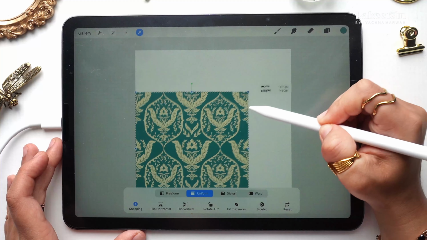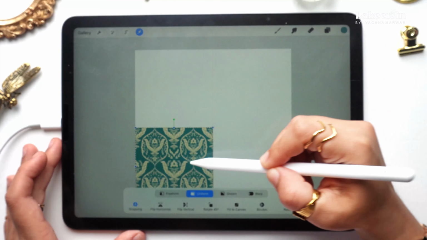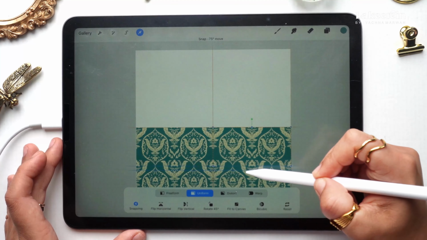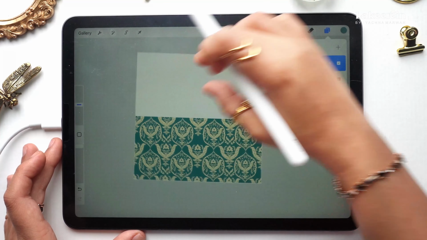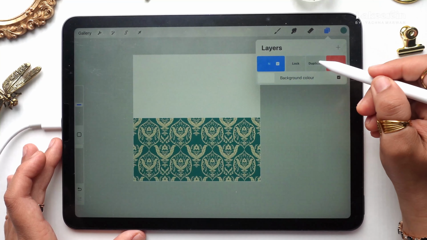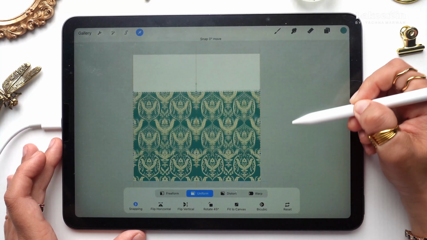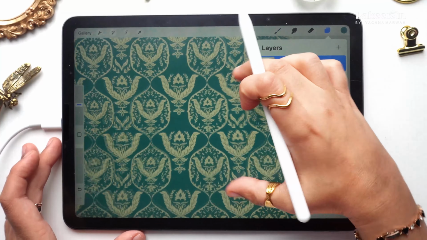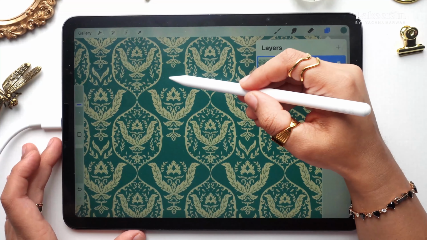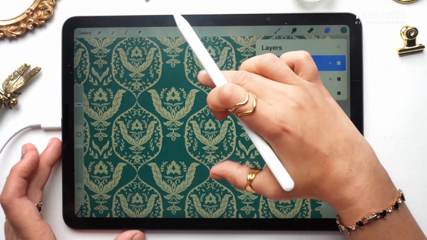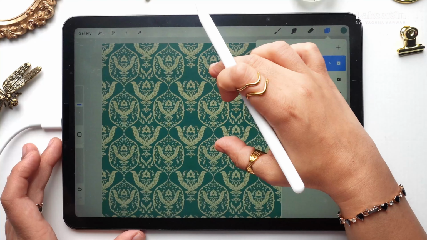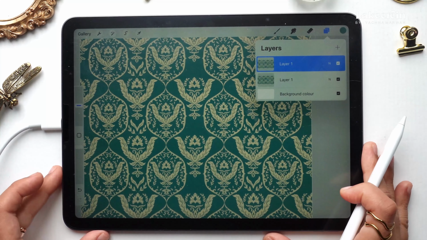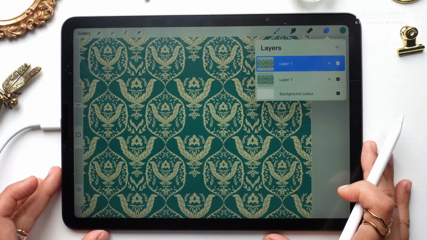I can just transform it to try to put it here. Duplicate, go to arrow, put it like this. Merge these two layers, duplicate, go to arrow, put it like this. So you can see this is how it's gonna look like a wallpaper. As I was mentioning, you can also put the details on the sides as well, like how we did it at the center, and this is how it's gonna look like. I really like the design and I think it's gonna look like a really, really nice wallpaper.